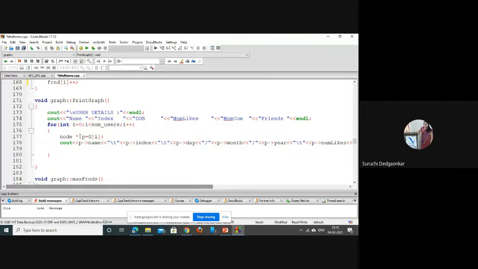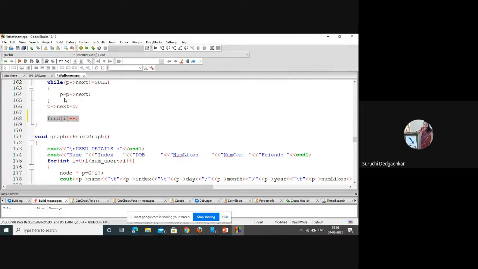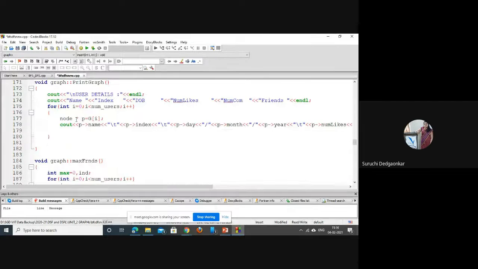The first function is finding who is having maximum friends. Whatever friends array we have generated, we modified that friends array, which was initially 0, when we were adding the edges. As we go on inserting edges one by one, we will be incrementing the respective count.